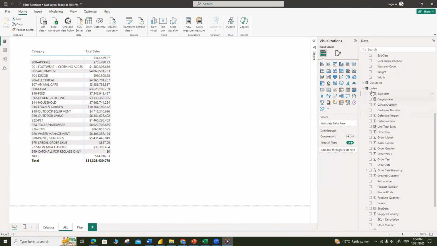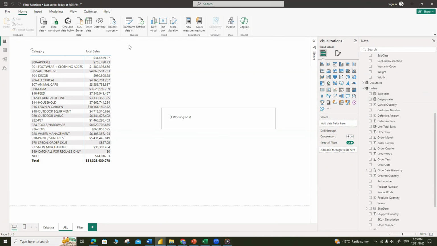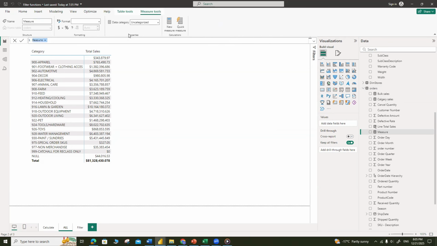The first measure we'll create is one that captures grand total sales, or all sales across the entire dataset. This will allow us to later calculate metrics like % of grand total. Since this is a sales-related metric, I'll add the measure to the orders table. Let's create a new measure and name it ALL SALES. I'll use all caps here just to make it stand out and remind us that this measure uses the ALL